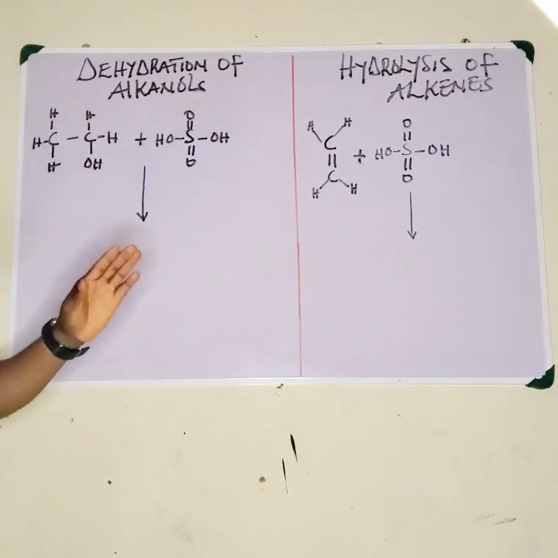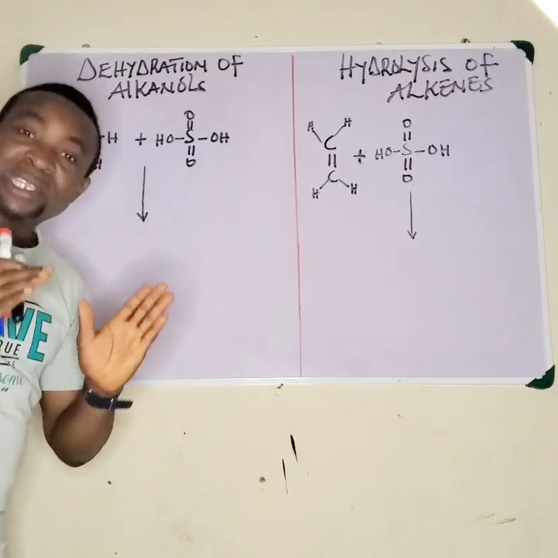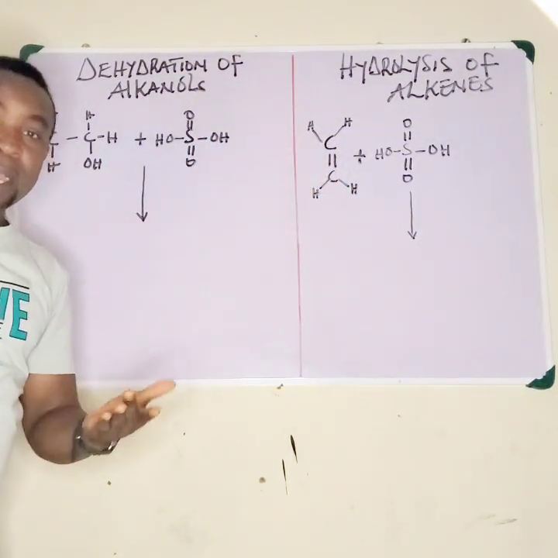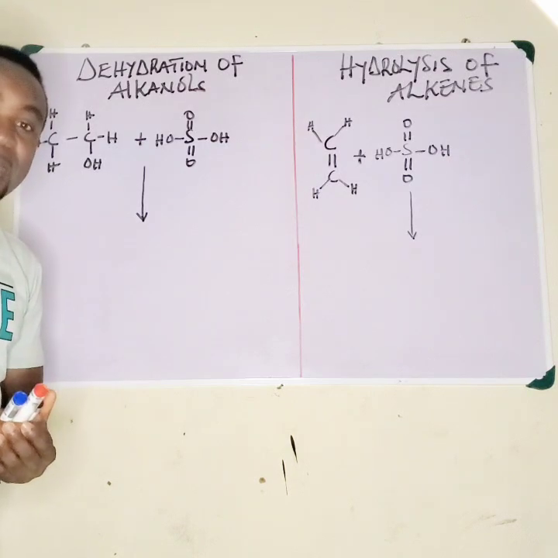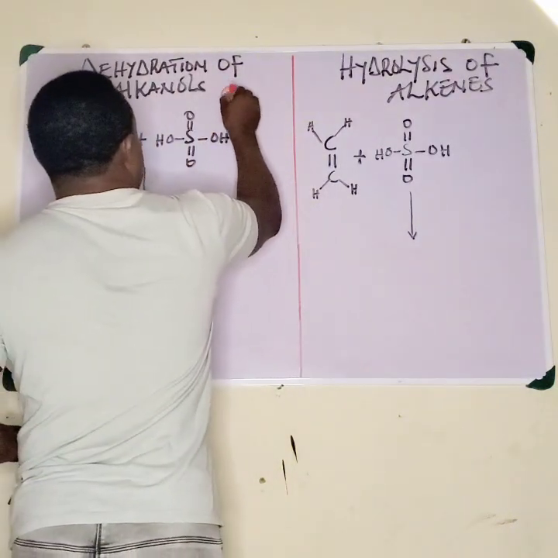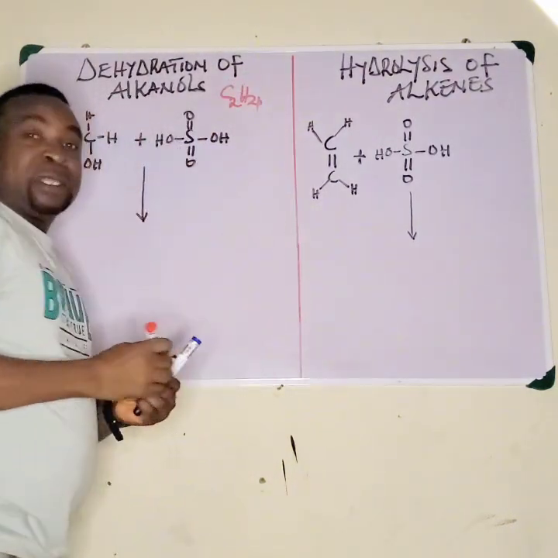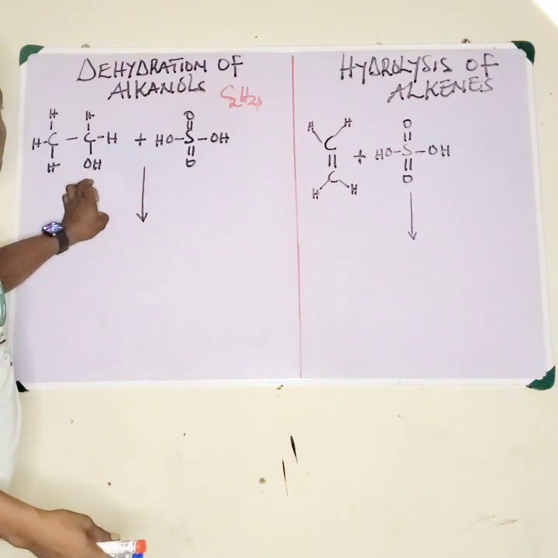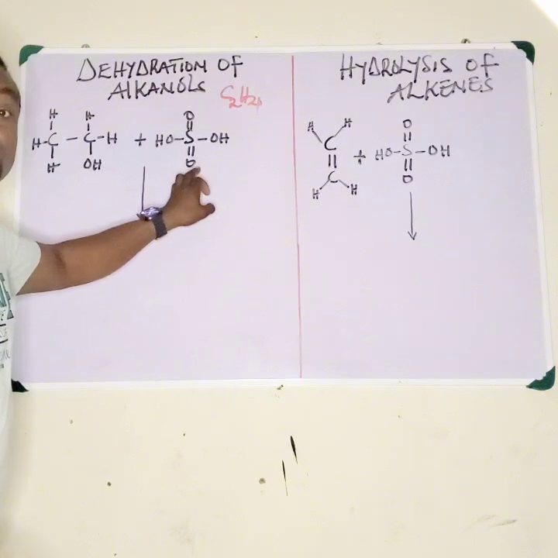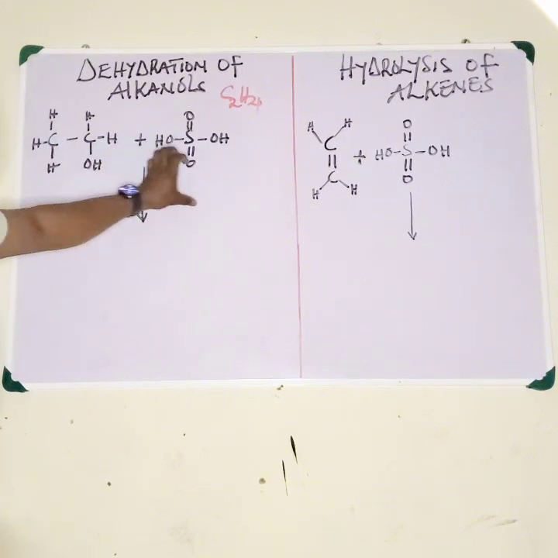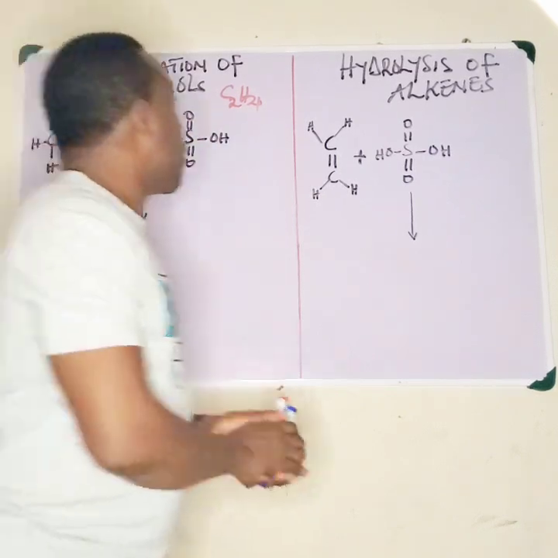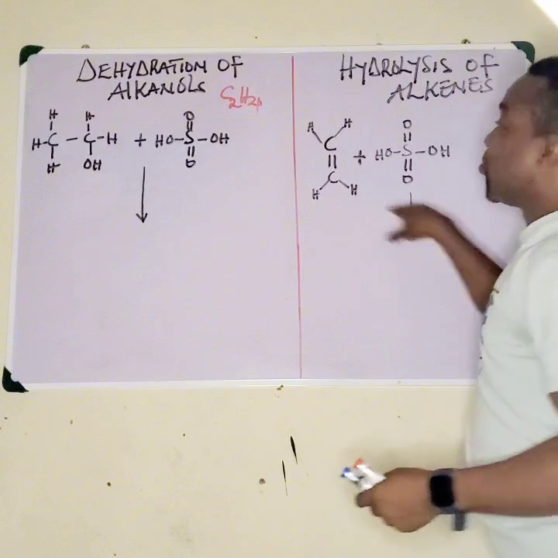The hydration of alkanols is a laboratory method of preparing ethene. Remember, one of the alkenes we have in the group is ethene, that is C2H4. Now we can use this method. This is alcohol, and this is H2SO4, tetraoxosulfate 6 acid. We can use these two to produce ethene, and also we can hydrolyze this ethene to get the same